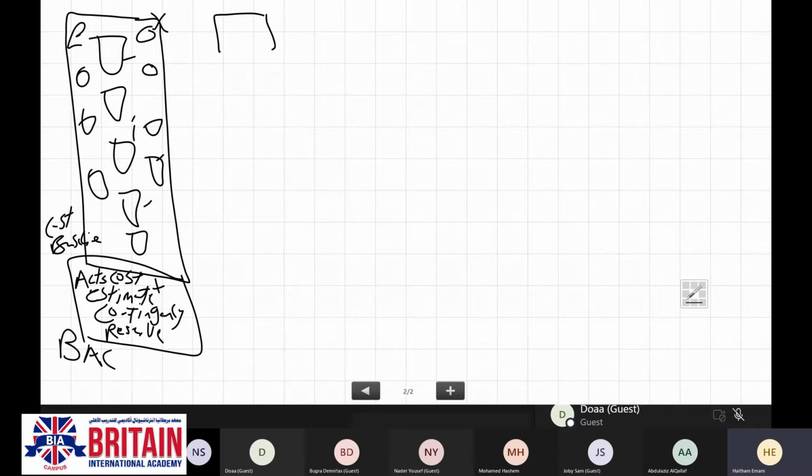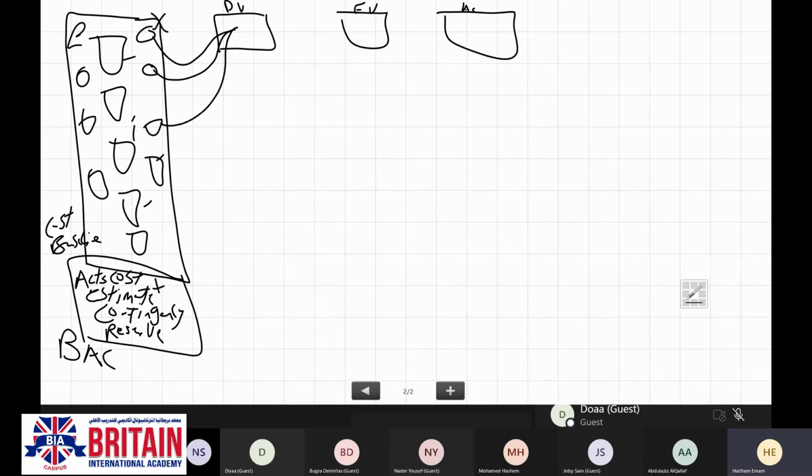Now, we are going to have three terms. First one is called planned value. Second one is called earned value. Third one is called actual cost. Planned value: for example, you have selected 3 activities.